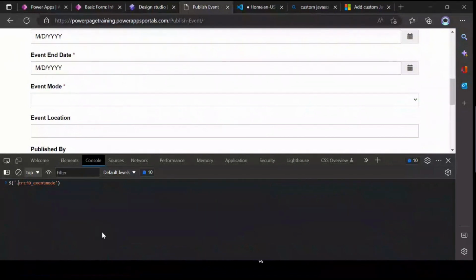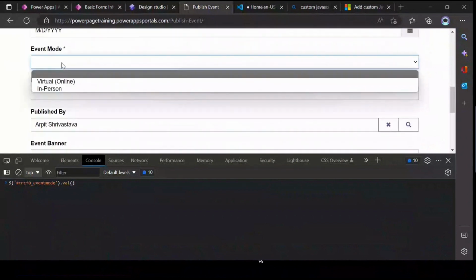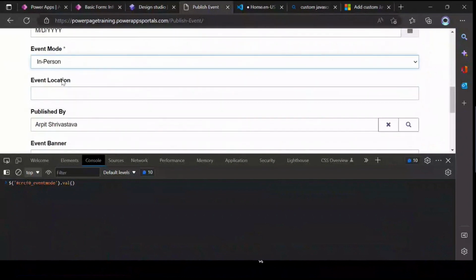Class controls can be accessed by the dot and ID controls can be accessed using the hash symbol. I just want to get the value of it, so I simply use the syntax val. If I hit enter, I should expect the value of it. But since there is no value yet, let me choose In person. If I hit this, this will give me the